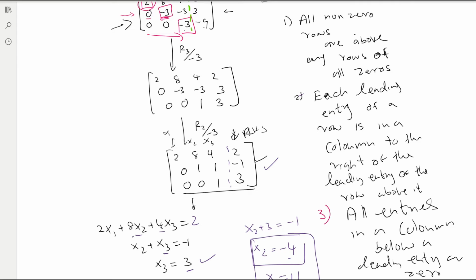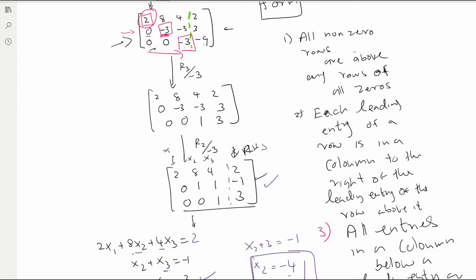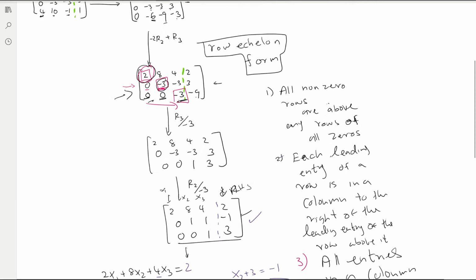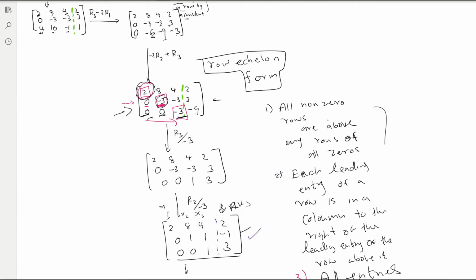So again, that's how you create this triangle of zeros. Everything right under a leading entry in the column should be 0. Here under this leading entry, everything is 0. Under this leading entry, everything is 0. Under this leading entry, there are no other rows, so we don't need to worry about that. So that's what qualifies. If these three rules are satisfied by an augmented matrix, that is called a row echelon